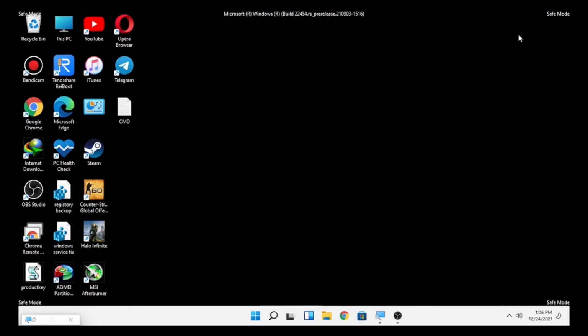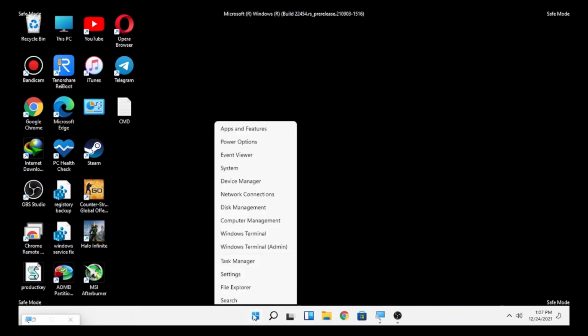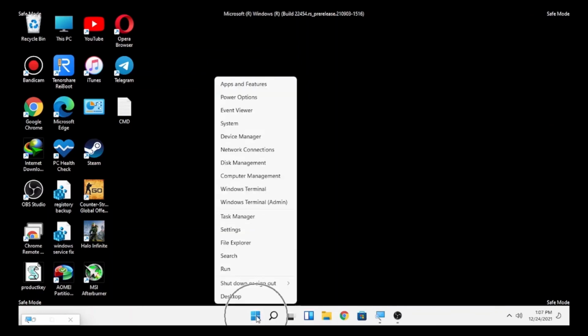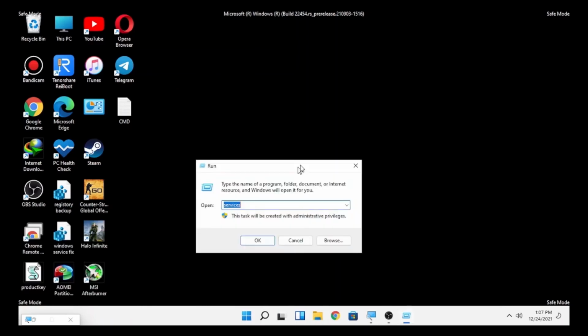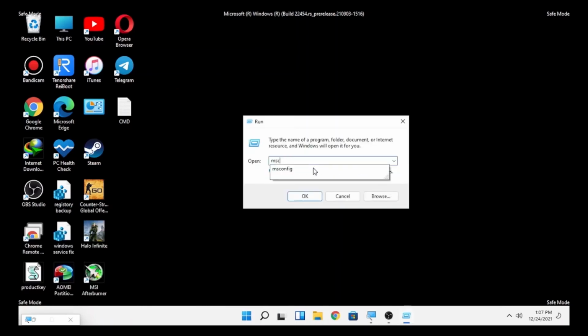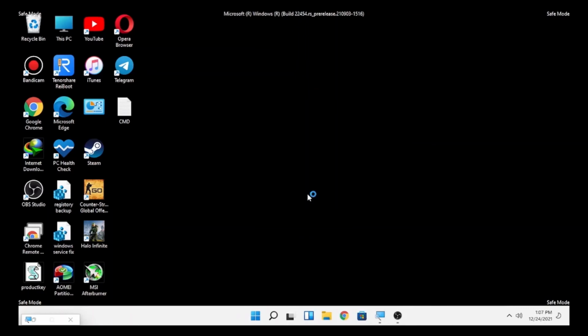So to get out of safe mode, again right click on the Windows icon and select run. Then we will type msconfig, then select OK. After you select OK, it will provide you the system configuration that we found earlier.